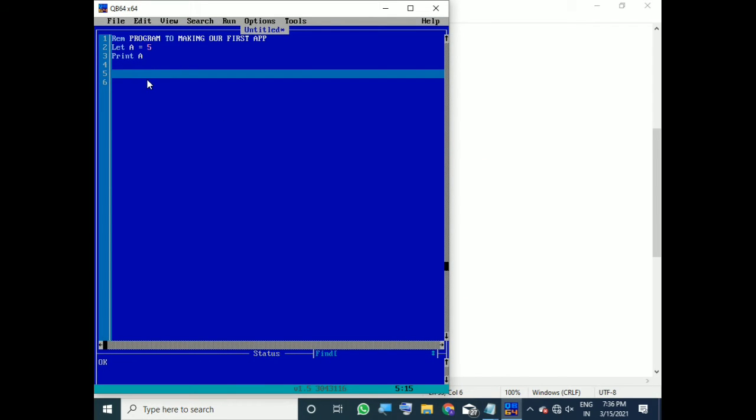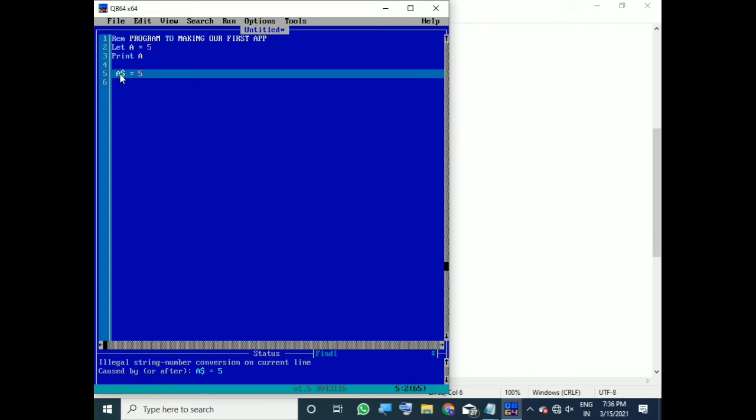So normally if I say $a equals 5, here it is showing illegal string number conversion on the line.